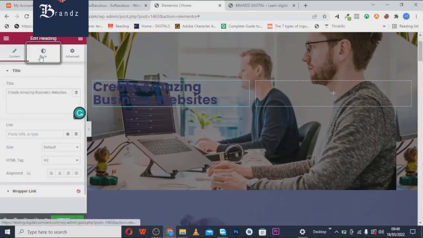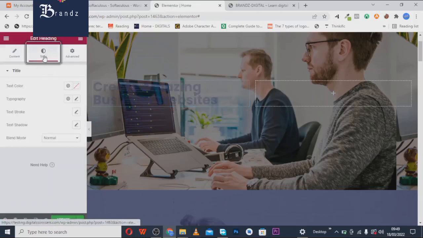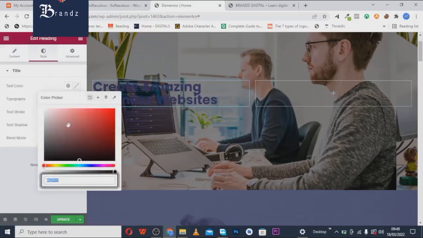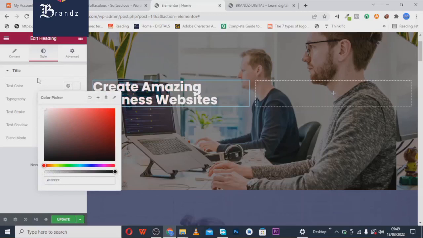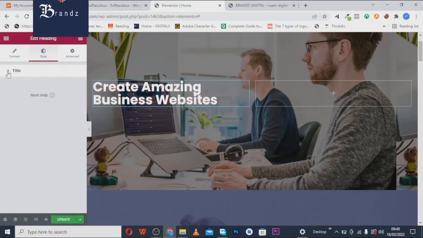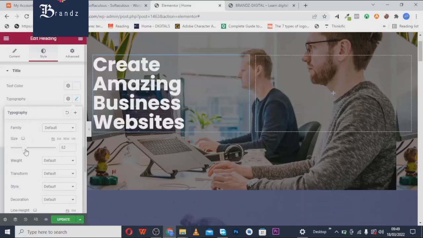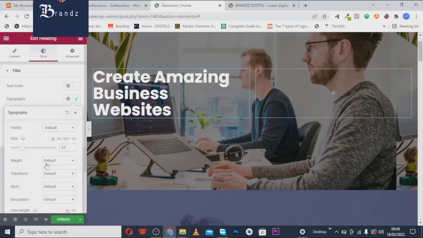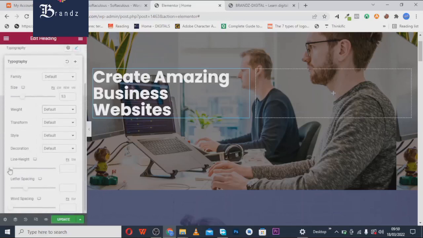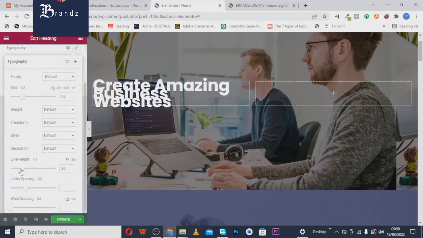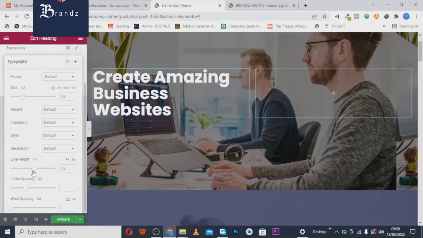Now the next thing we're going to do is to make the text white. So we're going to style, and we're going to make it white. Then we come to typography, where we'll be able to change the font if we choose to, but I'm just going to leave it that way, and we increase the size of the text. Now also we can change the width to make it less thick or more thick, but I want to make the line height a bit spaced, let there be space between the lines. All right,